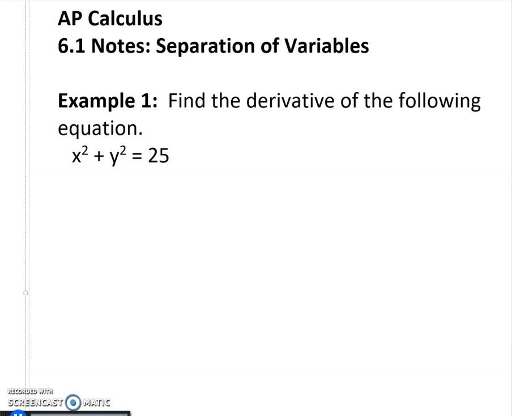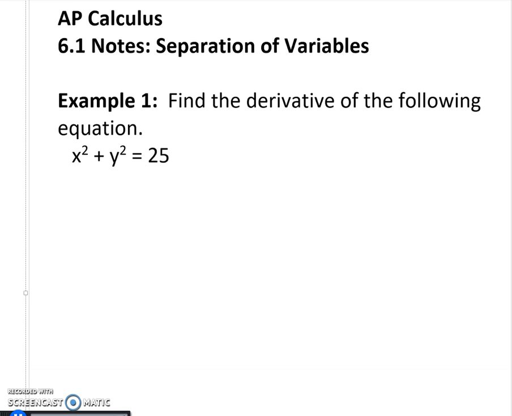This is the first video in AP Calculus on separation of variables, which is also part of section 6.1, where we were looking at differential equations and slope fields previously. Today we're going to look at solving differential equations using a process known as separation of variables. But before we get to that, I want to go back to a problem that we actually did